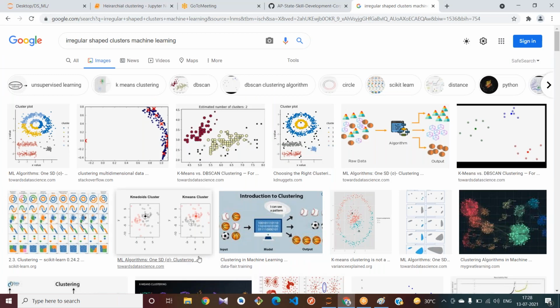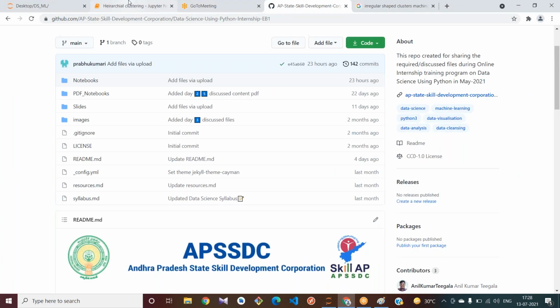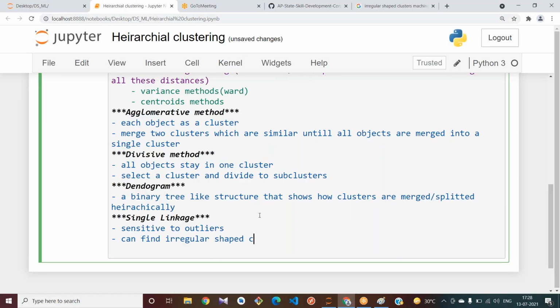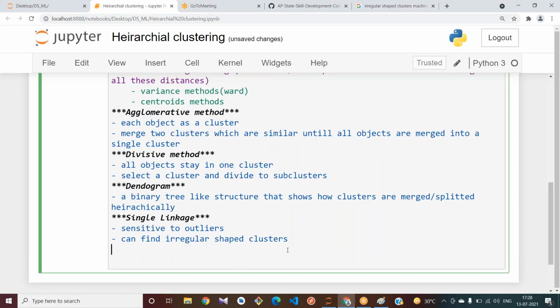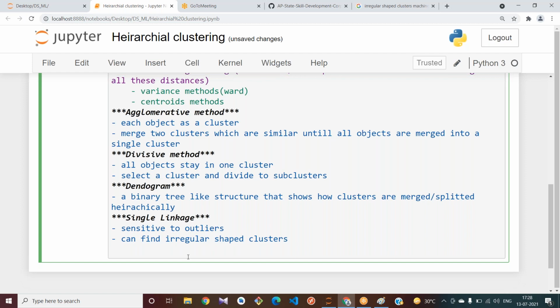Even if you have irregular shaped clusters, it works fine.